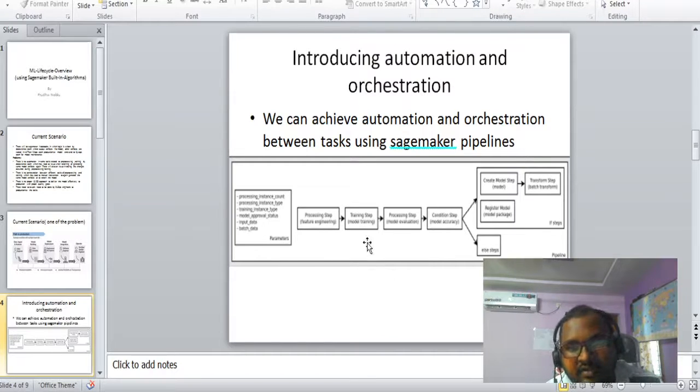This is the processing step, the training step, and the condition step. On the basis of the condition step, we can create the model, reject the model, or send an email, these kinds of things. So this automation and orchestration is a development over the traditional approach we saw on the previous slide. That can be achieved using SageMaker pipelines.